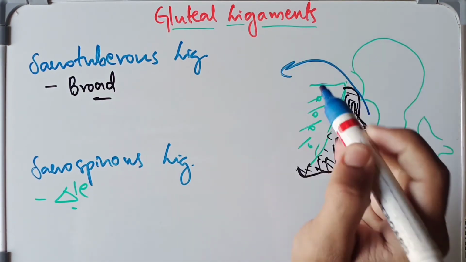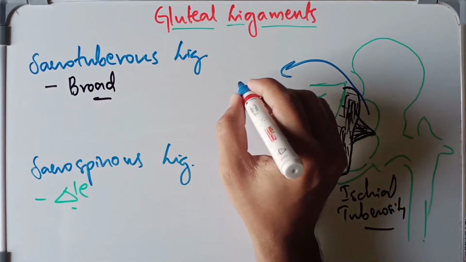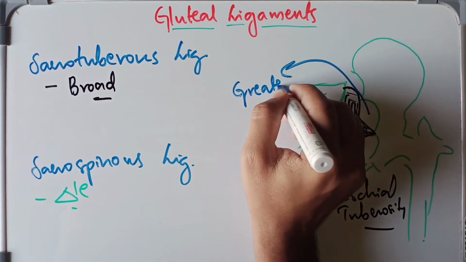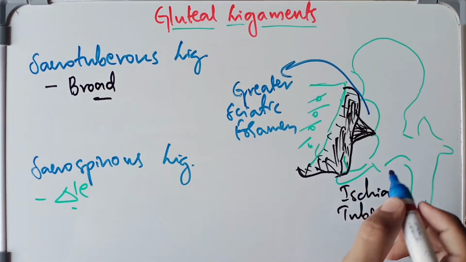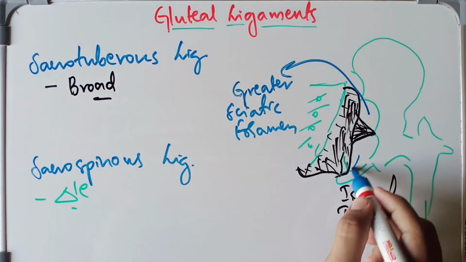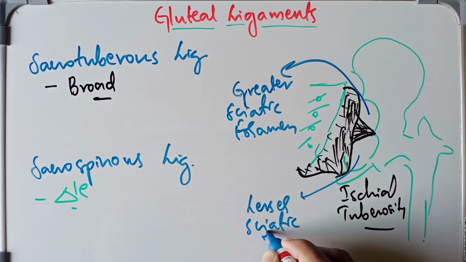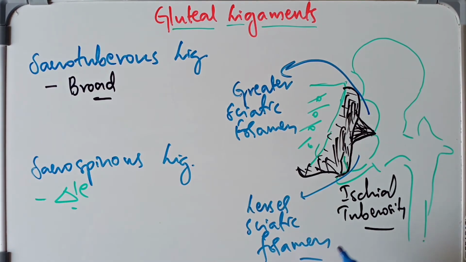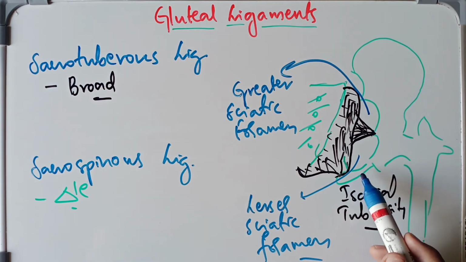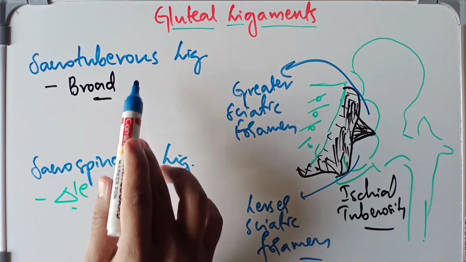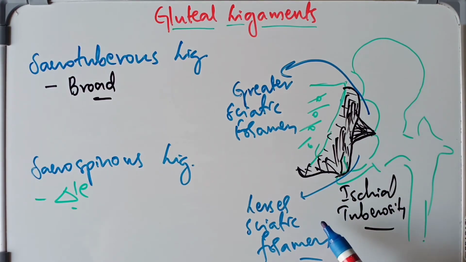And these two, the sacrotuberous and the sacrospinous ligaments, will divide the region into two different compartments. The one that you are seeing here is called the greater sciatic foramen. And this region that you are seeing between the ischial spine and the ischial tuberosity is the lesser sciatic foramen. Actually when it comes to the hip bone, we have two different notches, right? The greater sciatic notch and the lesser sciatic notch. So due to the attachment of these two ligaments, it divides into the greater sciatic foramen as well as the lesser sciatic foramen.